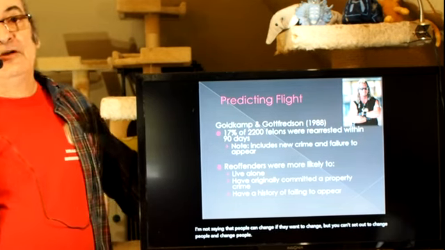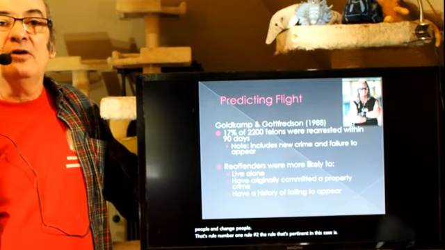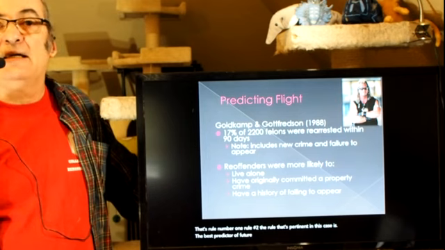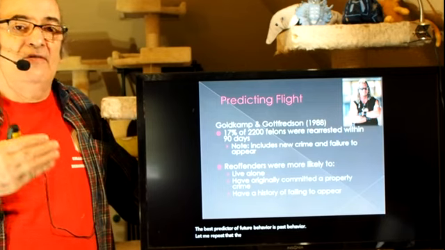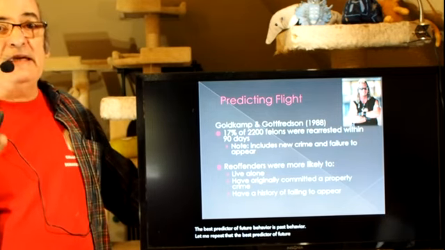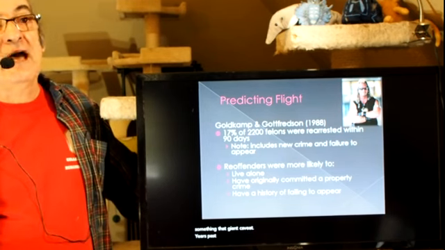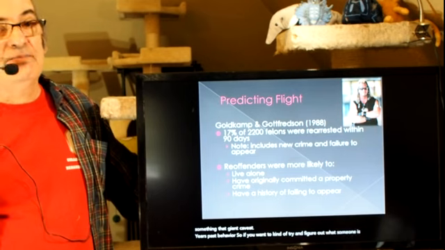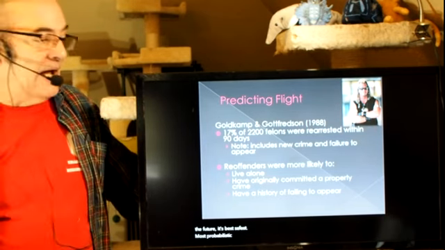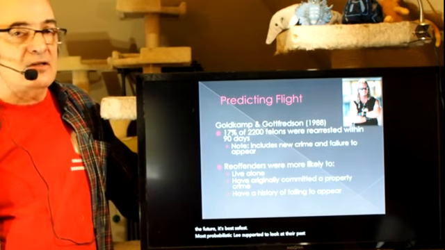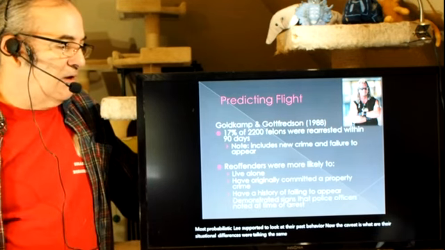That's rule number one. Rule number two, the rule that's pertinent in this case, is the best predictor of future behavior is past behavior. Let me repeat that. The best predictor of future behavior, all else being equal, and that's a giant caveat, is past behavior. So if you want to try and figure out what someone's going to do in the future, it's best, safest, most probabilistically supported to look at their past behavior. Now the caveat is, are there situational differences, are we talking about the same domain, etc. But two rules for psychology.